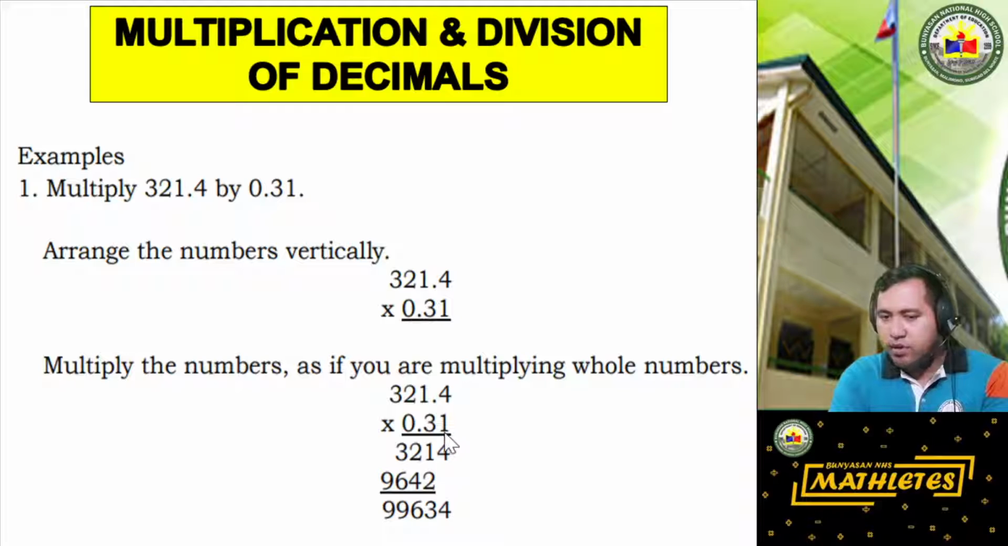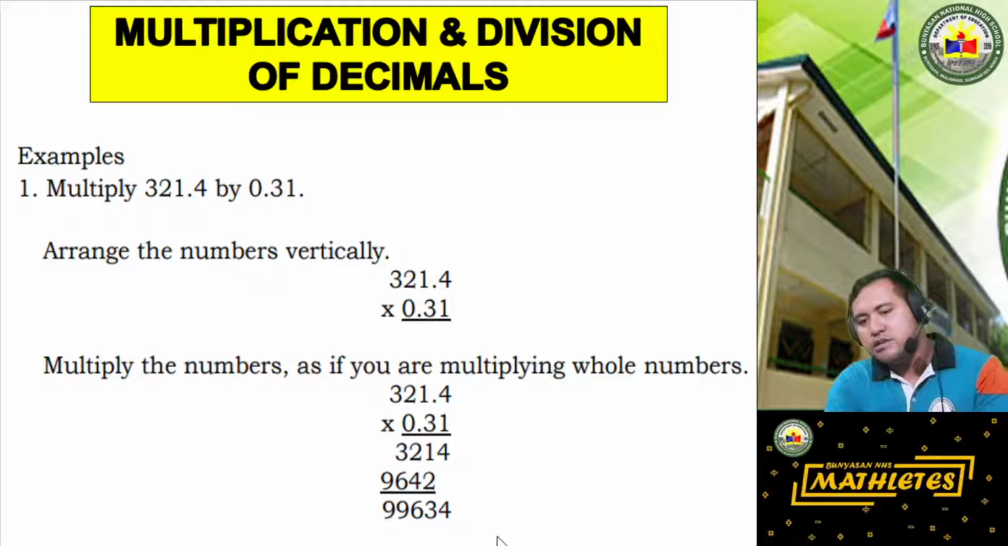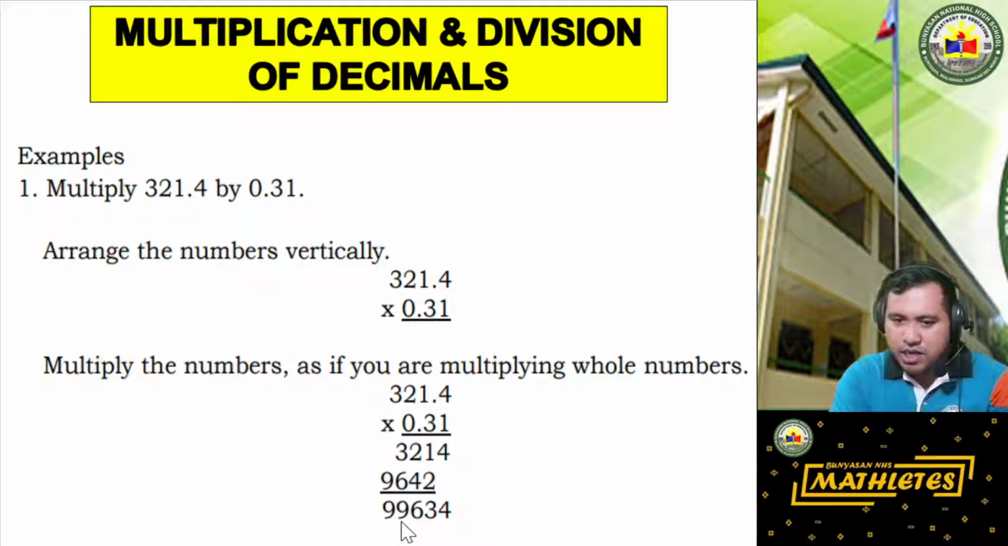We have 4 times 1. So let's start with 1. 1 times 4 is 4. 1 times 1 is 1. 1 times 2 is 2. 1 times 3 is 3. Then 3 again. 3 times 4 is 12. Carry 1. We have 3 times 1, 3 plus 1 is 4. Then 3 times 2 is 6. Then 3 times 3 is 9. Then add. The result is